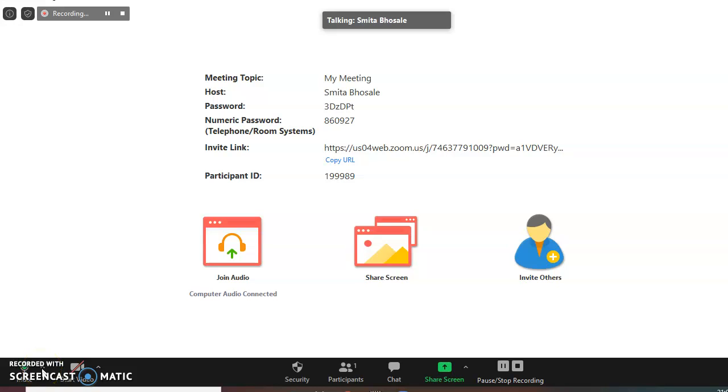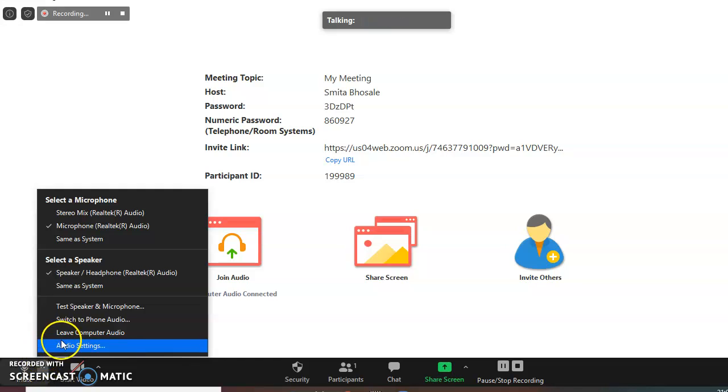Here there is an option of selecting the devices. You can select the microphone, you can select the speaker, and you can also test the quality of audio, your speaker and microphone. Here you can mute yourself or unmute yourself. Here is the option of video.